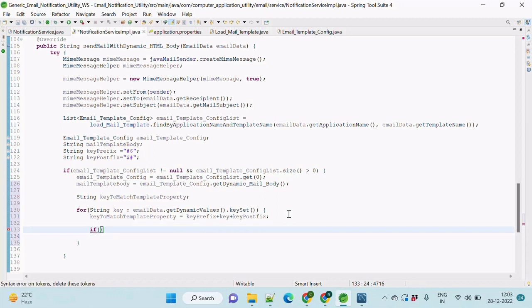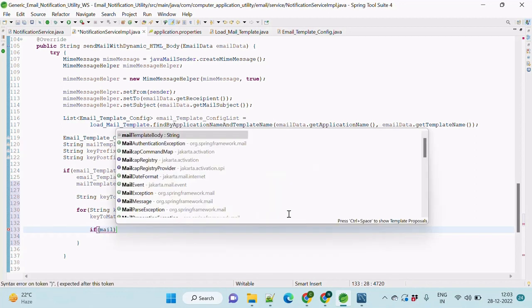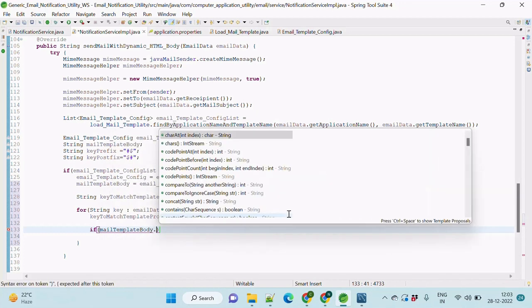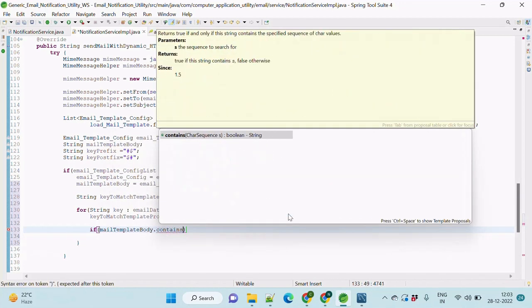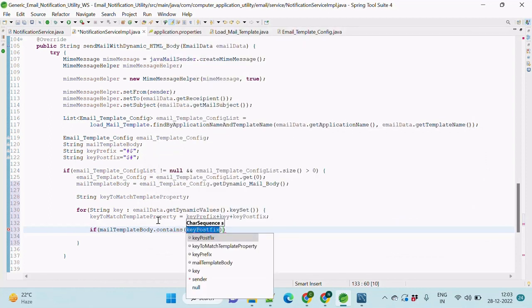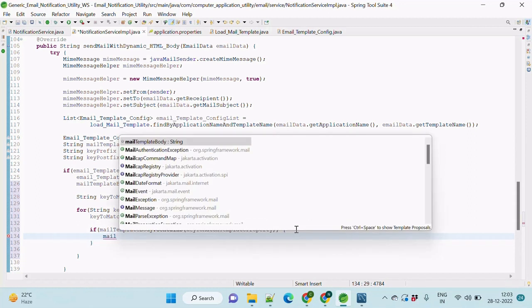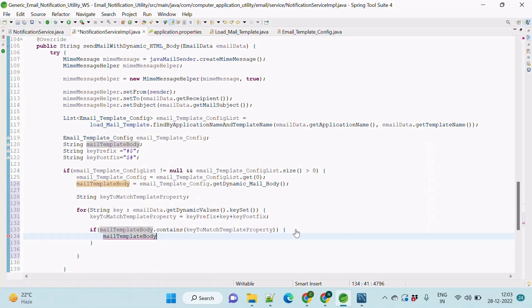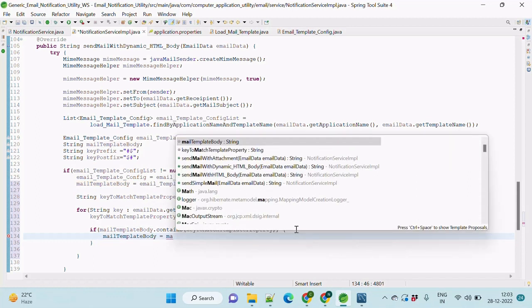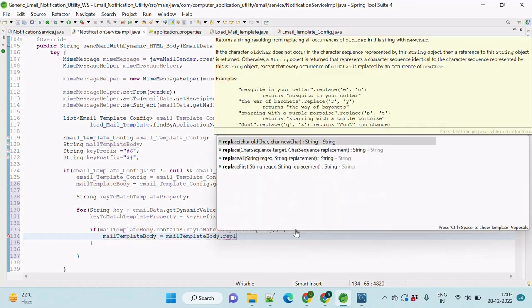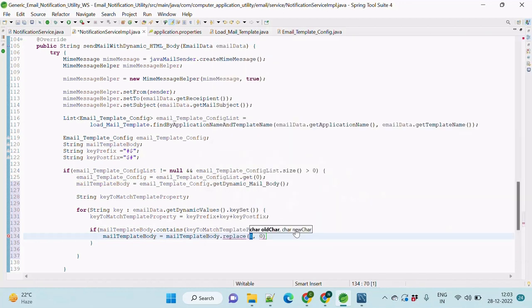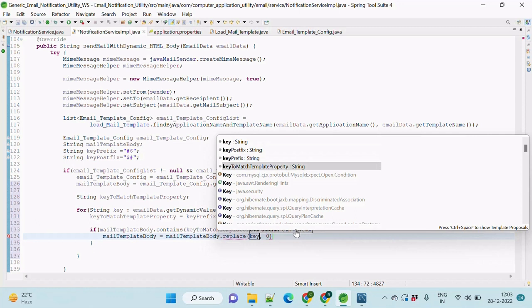Now we have the mail template body, and if it contains this key to match template property, if it has the match, then we need to replace it. Mail template body equals mail template body dot replace. What we need to replace is this key which we have created, key to match template property,